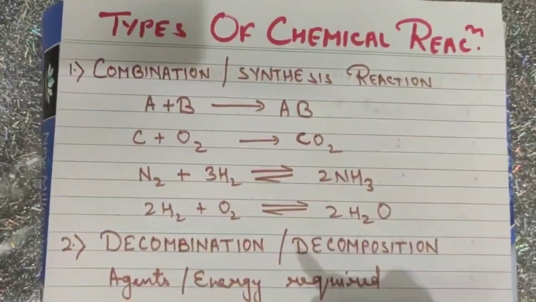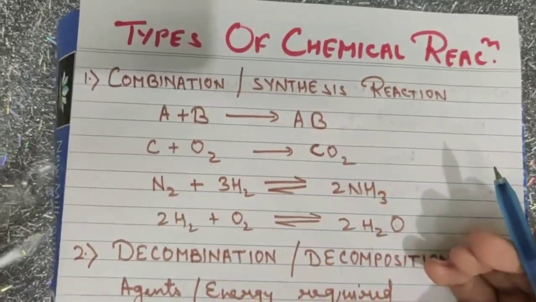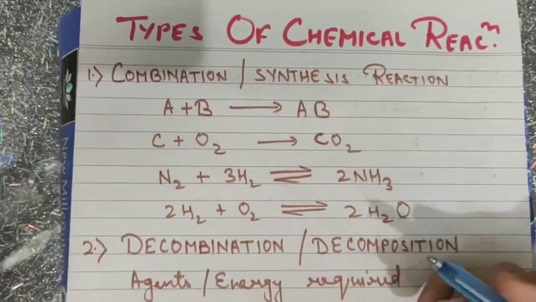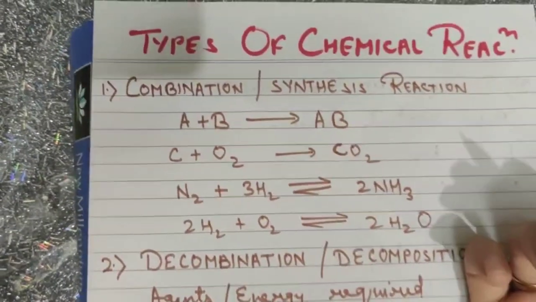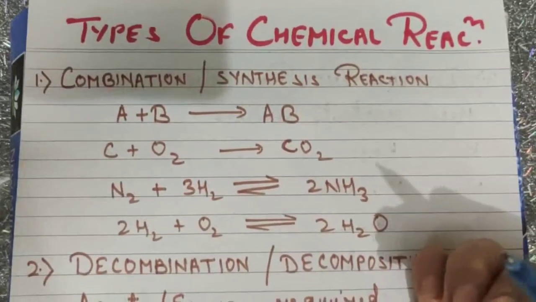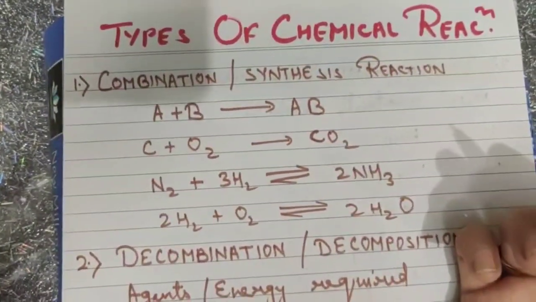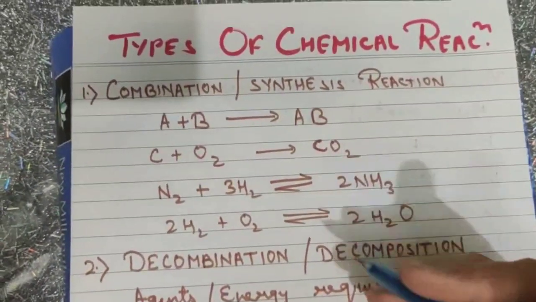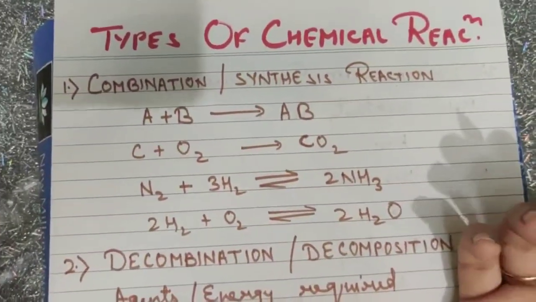Students, the topic for today is types of chemical reaction. Since we have already done what a chemical equation is, what a chemical reaction is, and how to balance a chemical reaction, I hope you have completed your work till now, done the homework, and practiced the equations. If you are facing problems in any equation or any part, children, please let me know so that I can help.